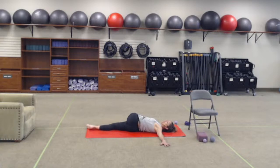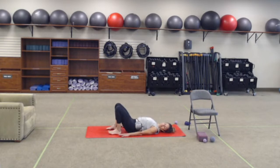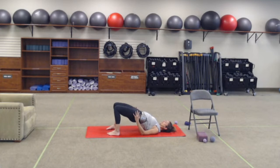One more deep inhale. And then exhale and release. Square everything off. Arms to your side. Let's come up into bridge. So lift your hips, tailbone in. And that bridge